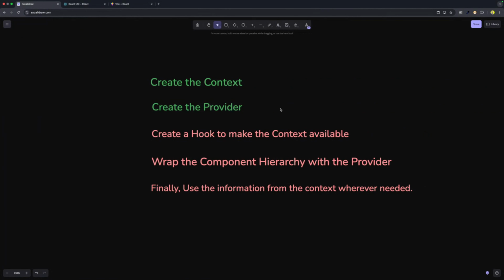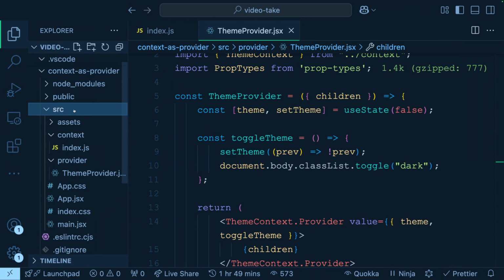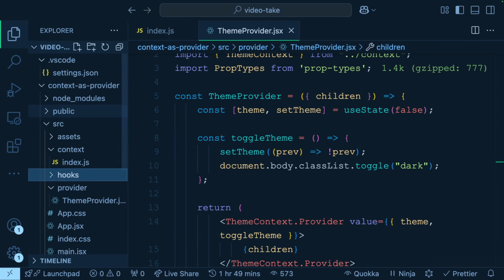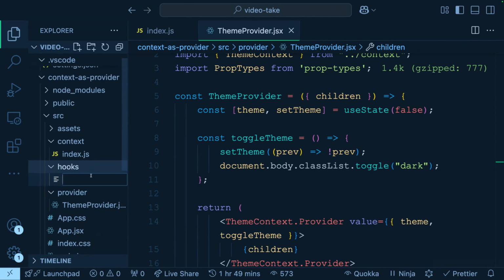So as we have the context and the provider ready, the next part is to create a hook to make this context available. Why do we need the hook? Let's see in code first. Under src, let's right click and create a new folder. Give the name as hooks. Inside this, we'll be creating a file called